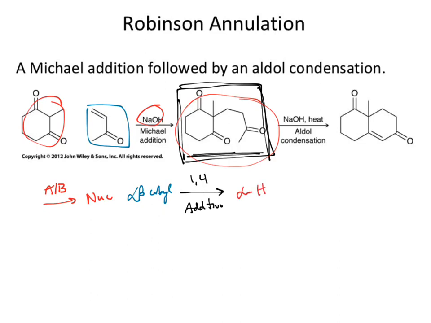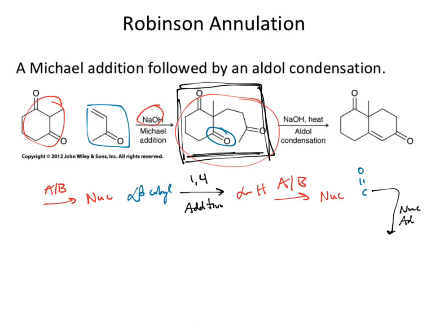So I can run an acid-base reaction again to give me a nucleophile. What can that nucleophile then do? It can react with the electrophile of my carbonyl in a